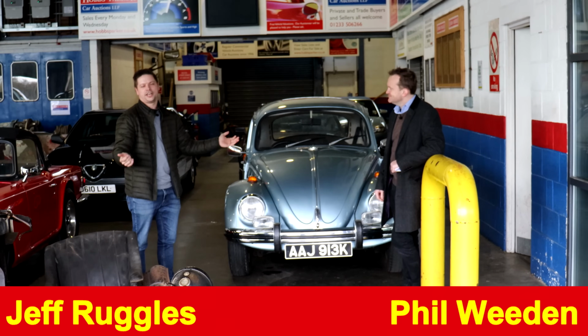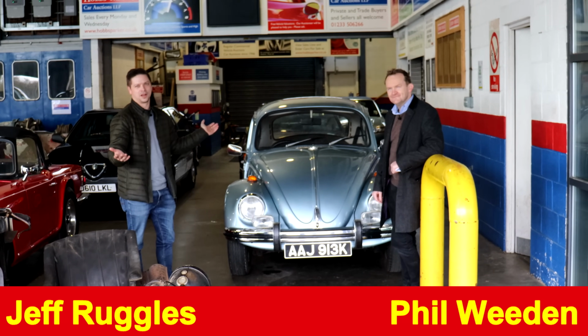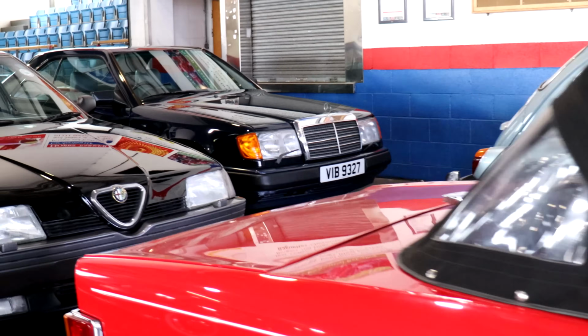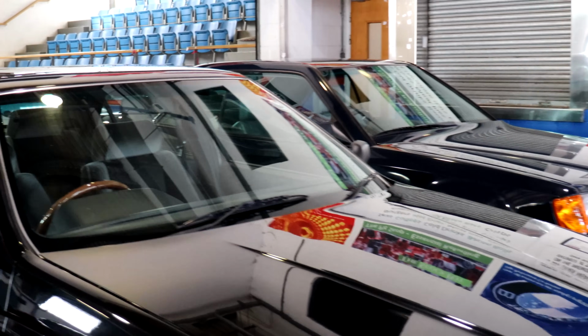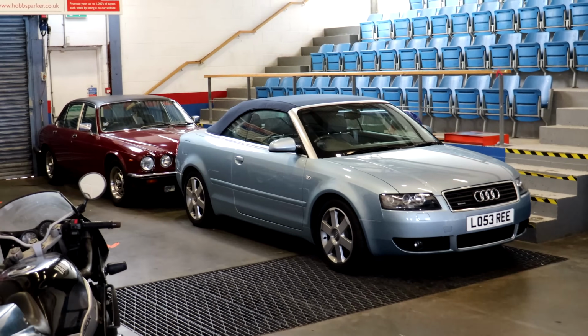With the summer months approaching, more and more people are going to be looking for a classic car to enjoy the warmer climes. So we're down at Hobbs Parker to see what it's got to offer in its next sale, which takes place on March the 30th. It's a timed online sale, finishing the day after. And there's many highlights, including...